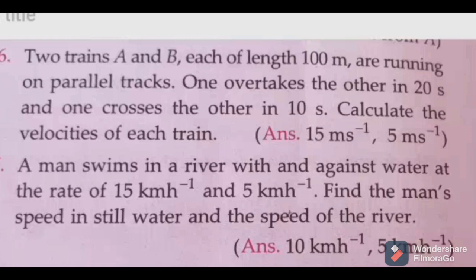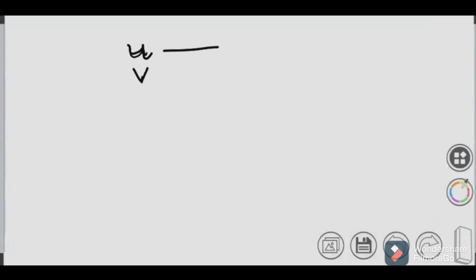Please note down the question somewhere because I'm going to switch over to the whiteboard. Arushi, I'm still waiting for your answer. U minus v. It will be u minus v, same direction. So if u is here and v is also here, how can we take the relative velocity to be u minus v? Tell me. During overtaking, the relative velocity of A with respect to B.